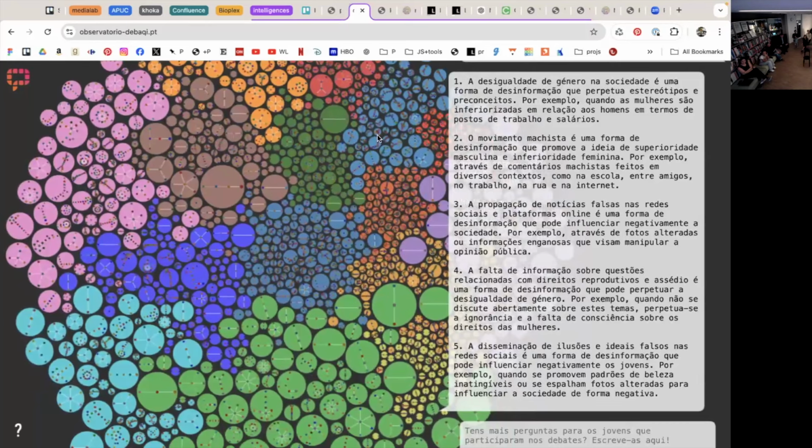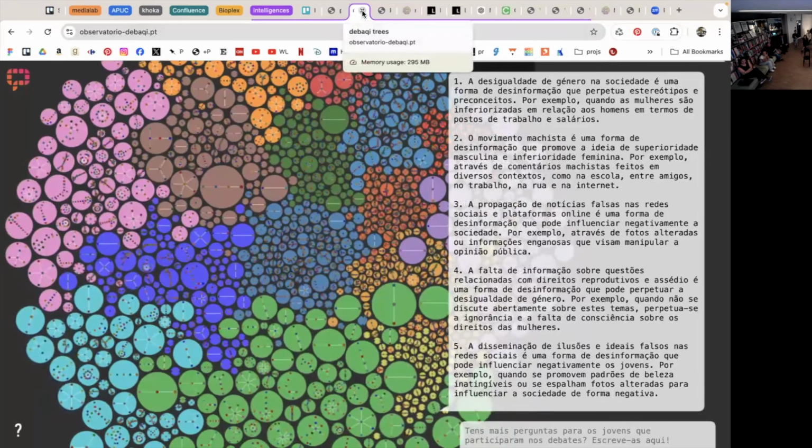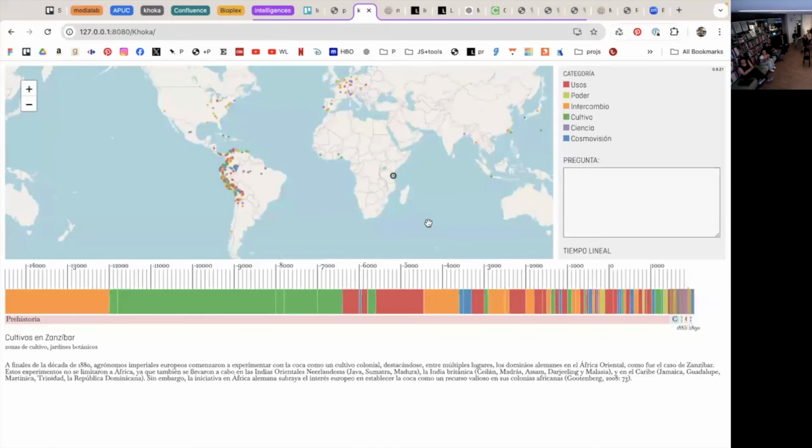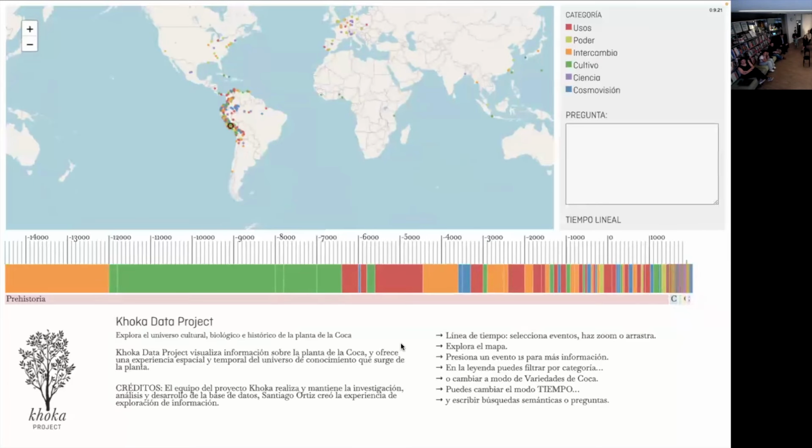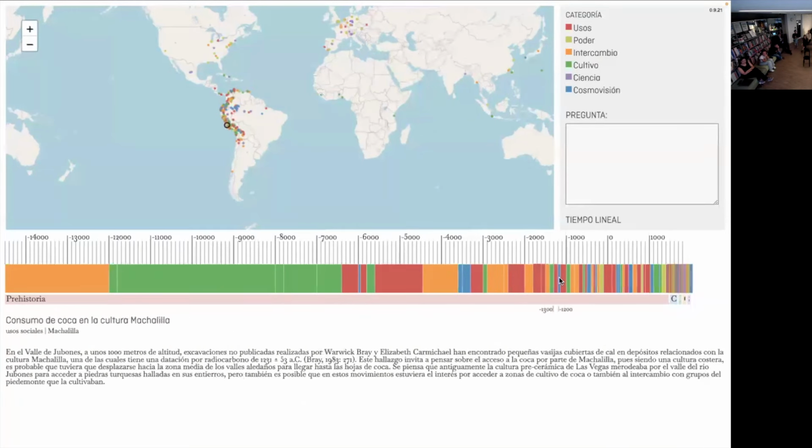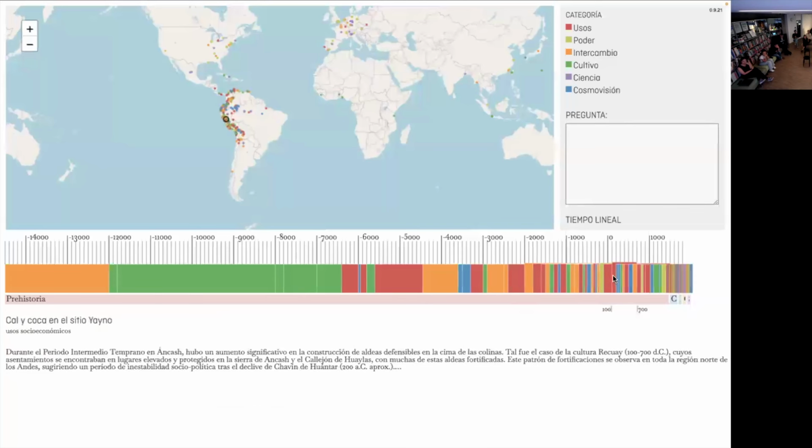But the embeddings, I think, are even deeper and provide many other opportunities. Here's another project. This one is not being published yet. It's for a fantastic exhibition in Medellin, Colombia, the Coca project, and artist Susana Mejia and her team are doing fantastic work, not only in the physical exhibition, but they have done 10 years of research around the Coca plant, right? So amazing work, amazing research, a lot of resources, a lot of information,